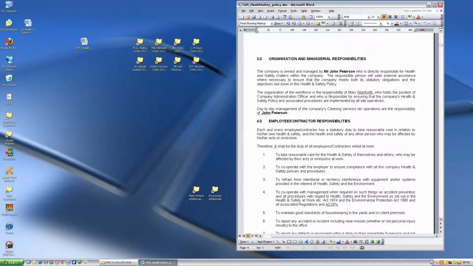the organisation of the workforce is the responsibility of Mary Staniforth. Well, we don't know who Mary is, so what we might change that to is the supervisors. And we can remove this